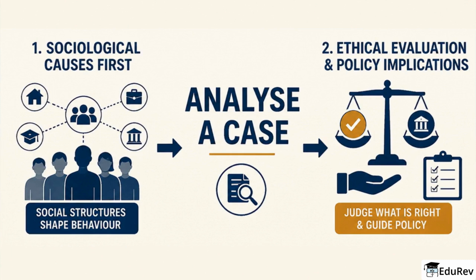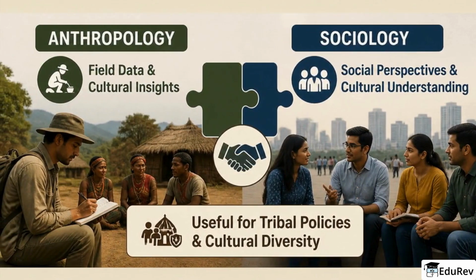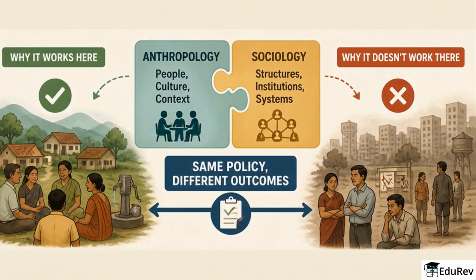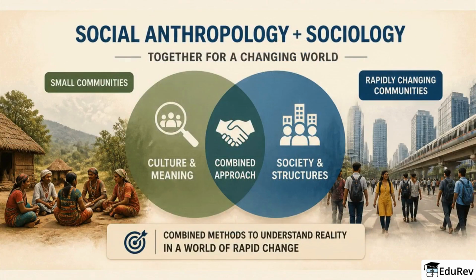and policy implications. Anthropology and sociology complement each other by offering rich field data and cultural perspectives, useful for questions on tribal policies and cultural diversity. Anthropology's ethnographic detail and sociology's structural frameworks together help you explain why a policy works in one region but not another. Social anthropology, once focused on small communities, now overlaps more with sociology because many communities experience rapid change and require